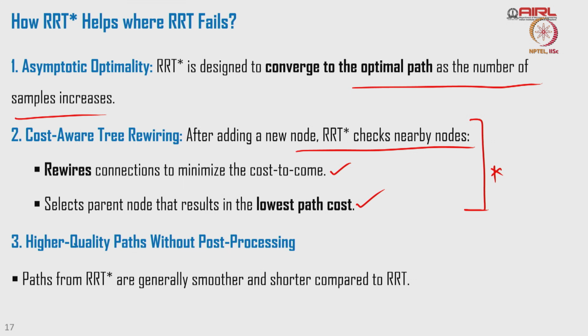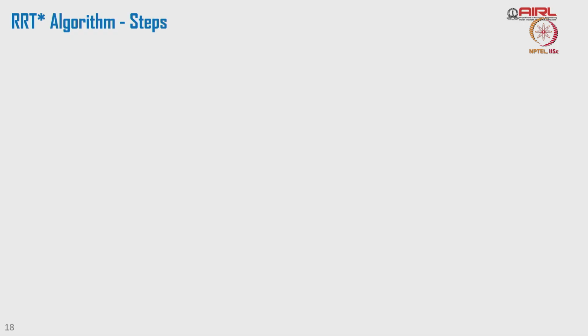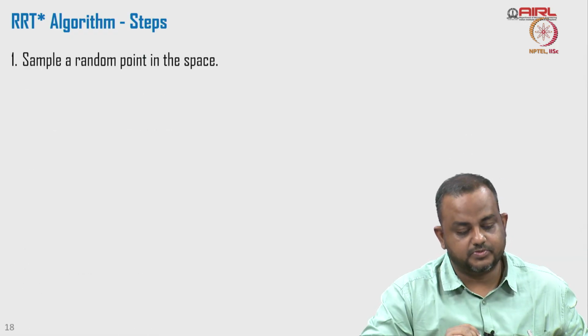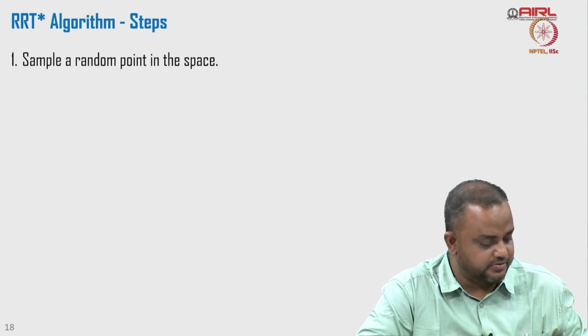Higher quality paths without post processing will be obtained by RRT star. It will be generally smoother and shorter compared to RRT. Okay. So, RRT star algorithm steps, we see that first it will sample a random point in space as we